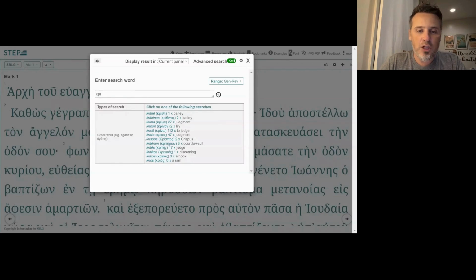Krisis, a judgment. You have kriterion, which is where we get our word criterion from. That's court or lawsuit. Krites, a judge, or kritikos, to be discerning, that is making a judgment, and so on and so forth.